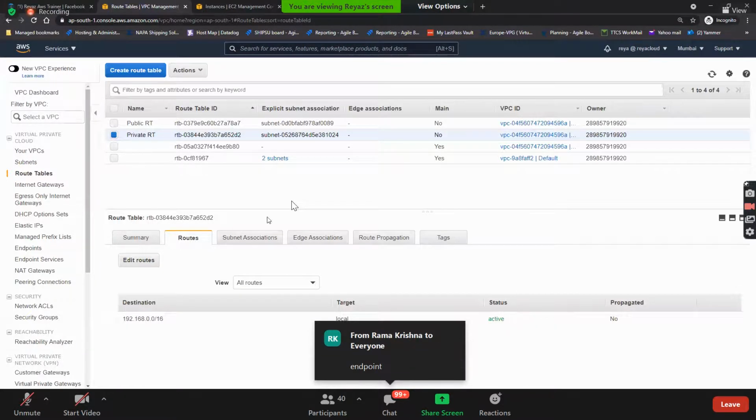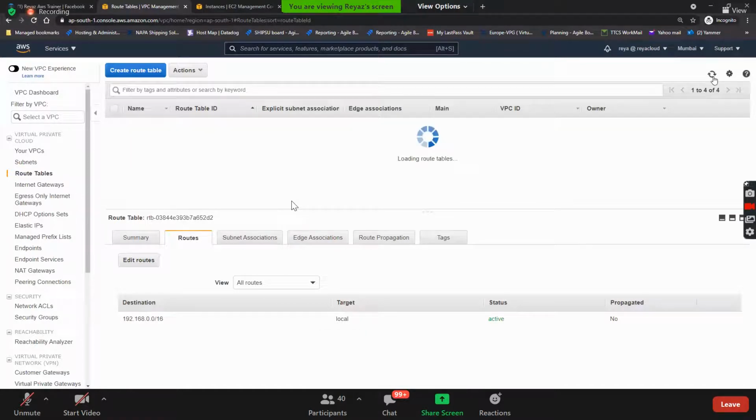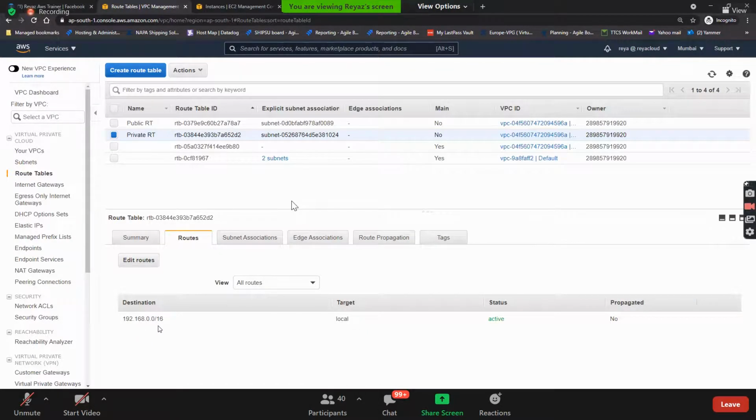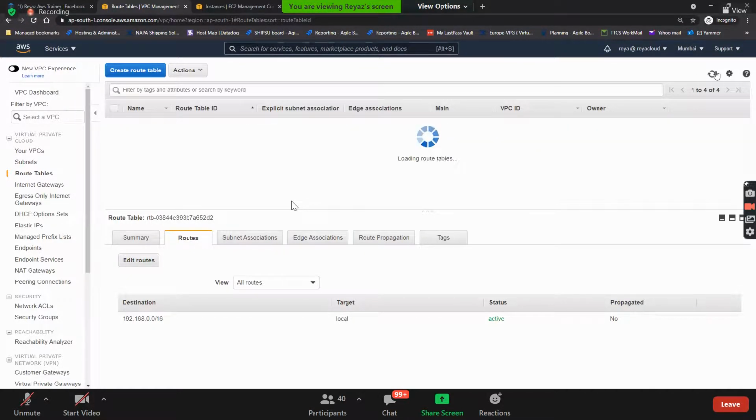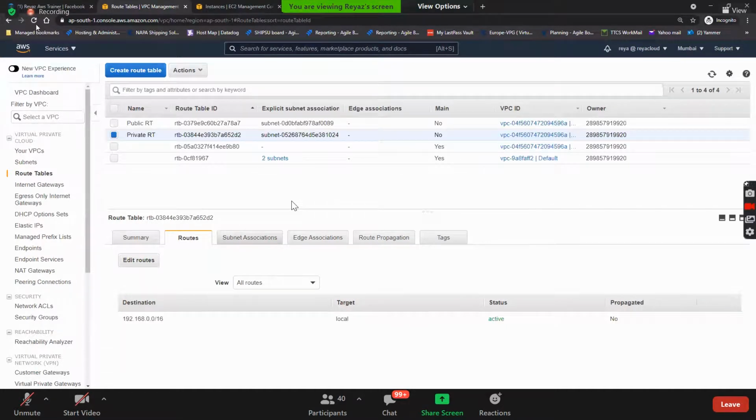You have selected the routing table while creating the endpoint, and that routing table has the private subnet associated already. Automatically, if you refresh it, you will get the route here. Let's see. Wait. So I'll refresh this.